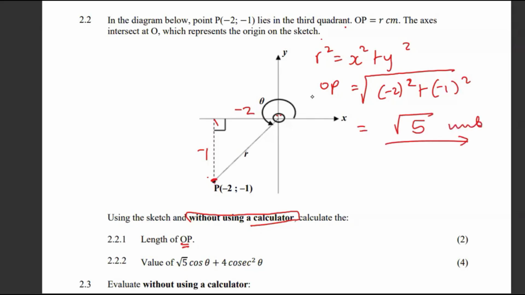Root 5 centimeters, since they told us that everything is in centimeters. Okay, so root 5 centimeters becomes our answer. All right, then